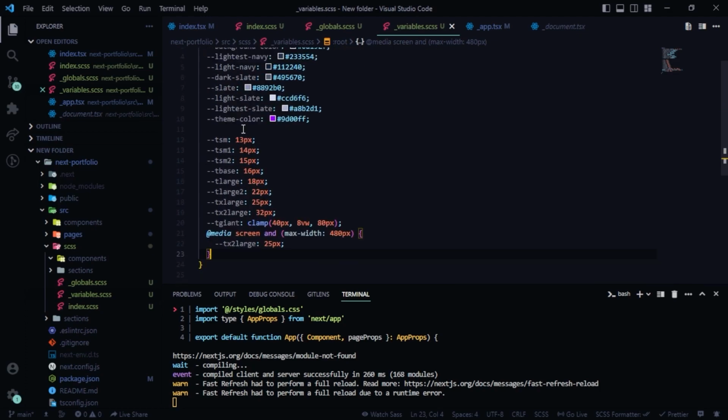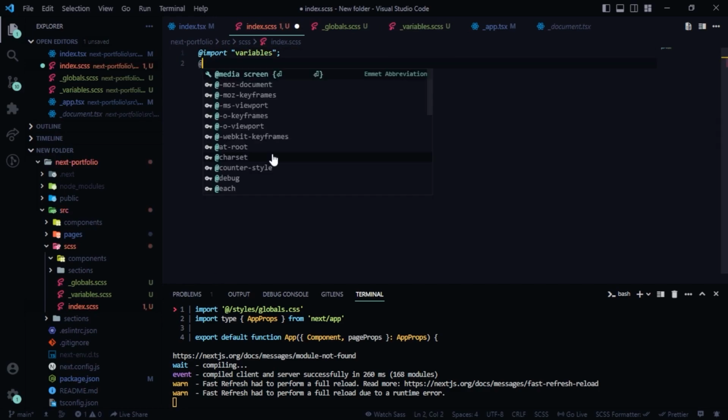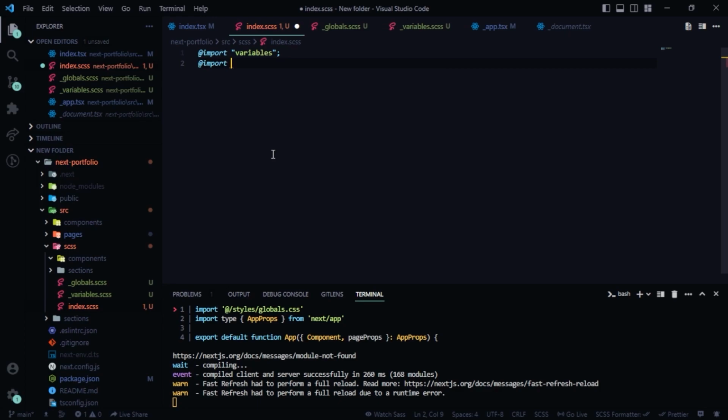So make sure that you write this down. And also, when you create this file, make sure that it has an underscore, because this is a partial and we are going to import it inside of here. So first we'll import the variables, and after that we are going to import the